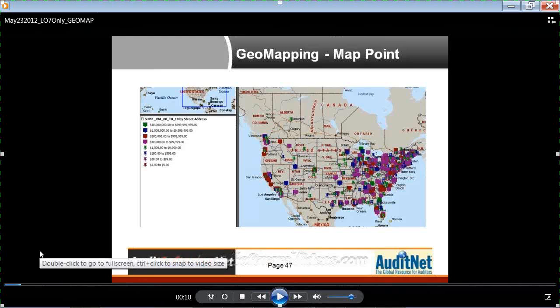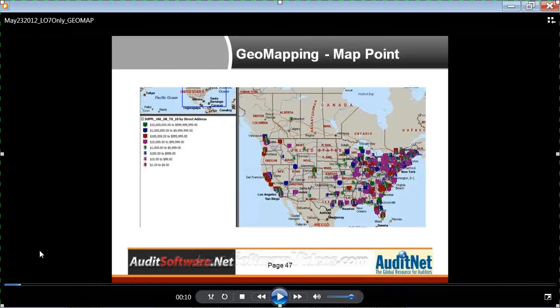And I find that geo mapping is just a great way of getting a lot of people's interest. It's a new way of looking at things, even though it's really an old way of looking at things, but putting things on a map can give you insight about your business, business partners, be it vendors, where around the world they're located. Where are they collecting more so?